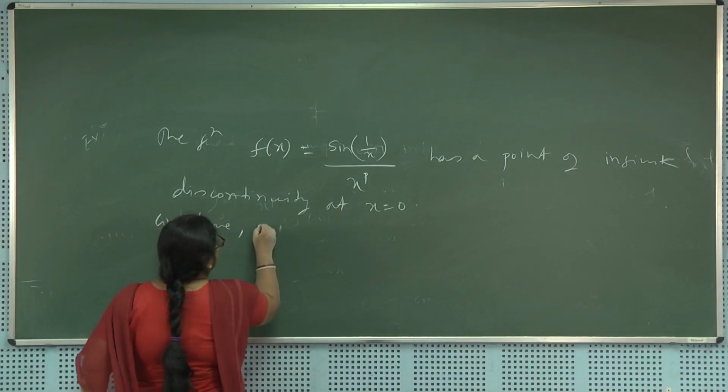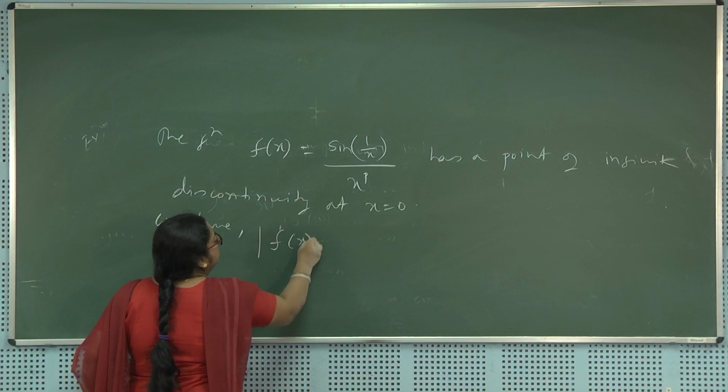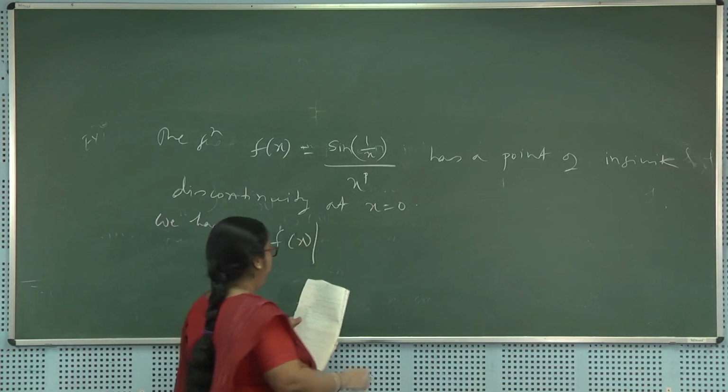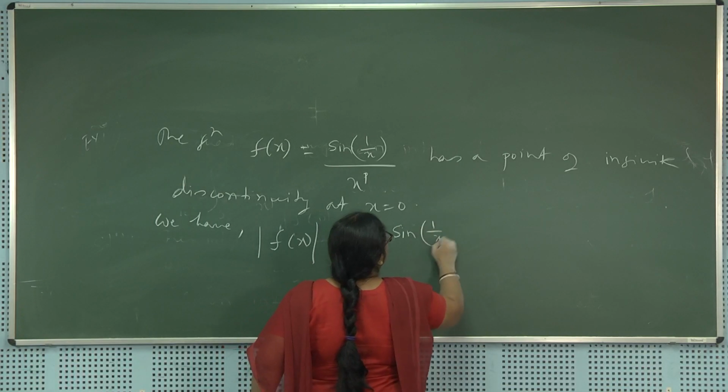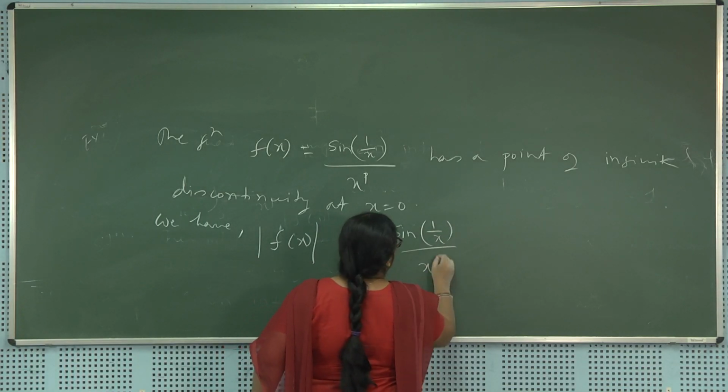If I take now the mod of f(x), that is the absolute value of f(x), this will become the absolute value of sine of 1 upon x, x to the power p,